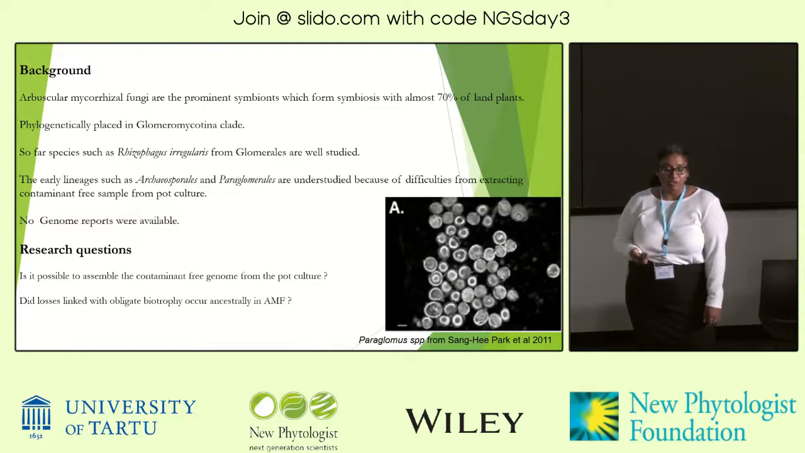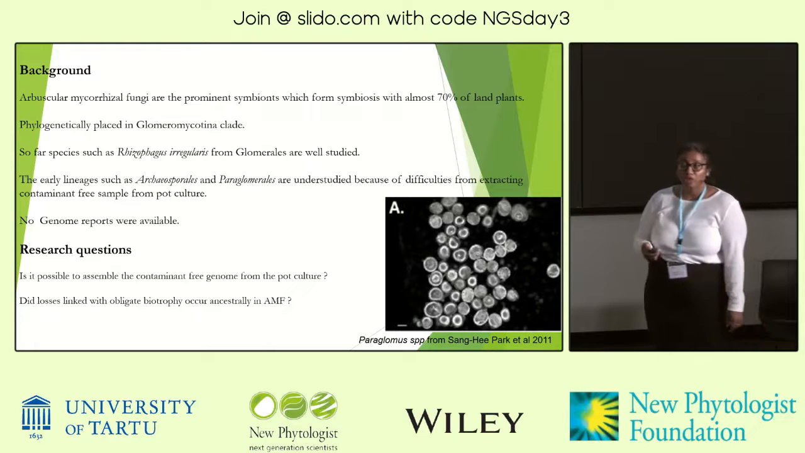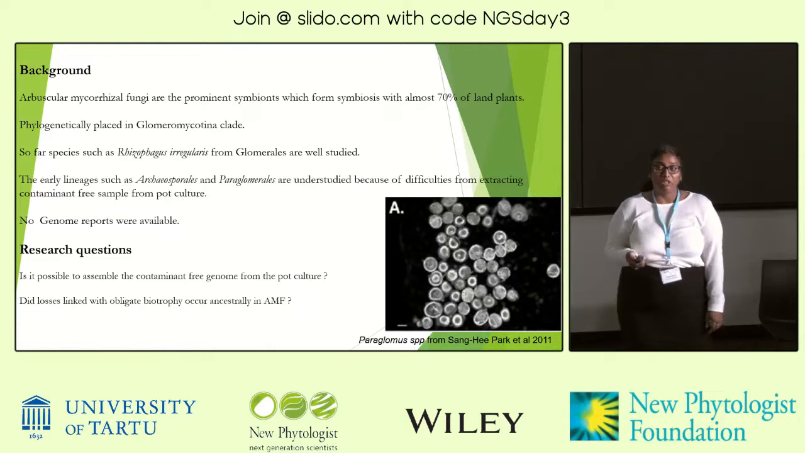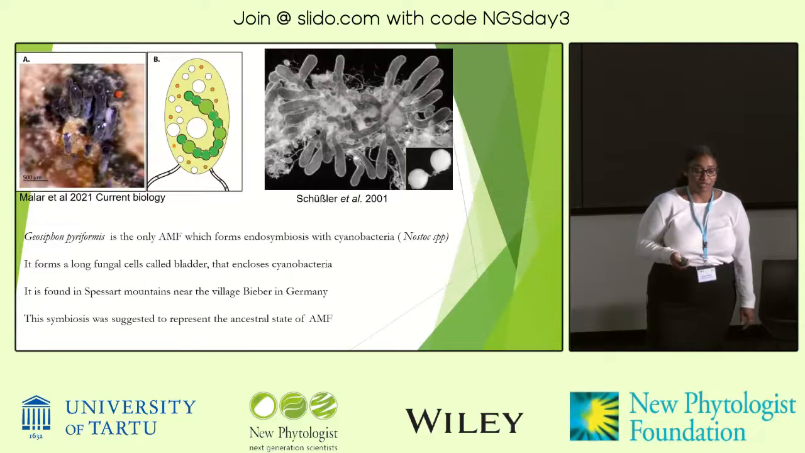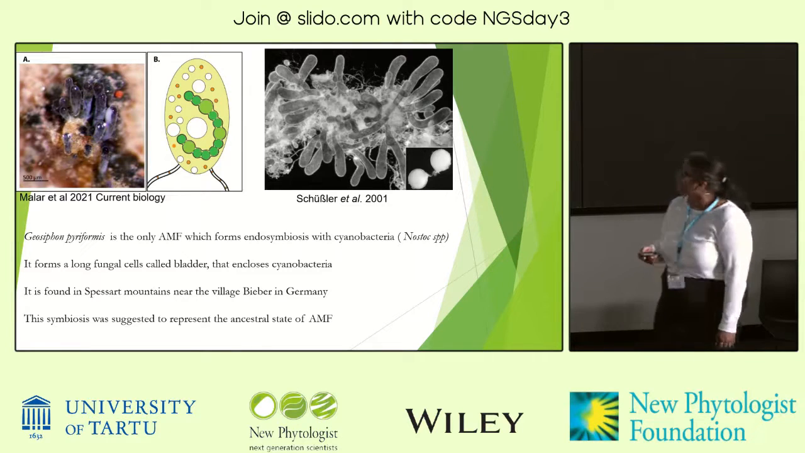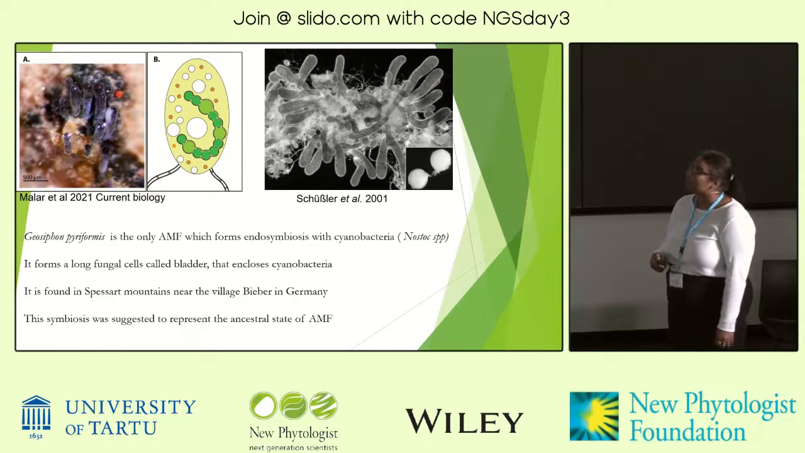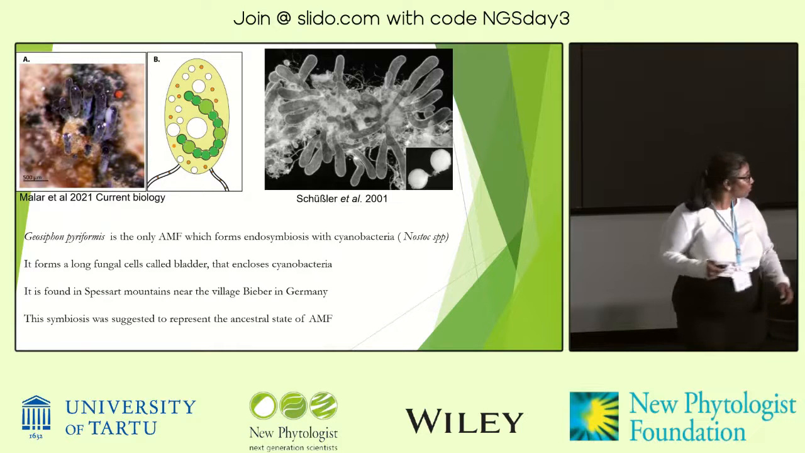Is it possible to assemble a contaminant-free genome from the pot culture? Are the losses linked with obligate biotrophy occurring in AMF? Or are all the AMF genomes large and full of repeats? So this is one of the interesting AMF. This is Geosiphon piriformis, where it forms a symbiosis with bacteria, whereas